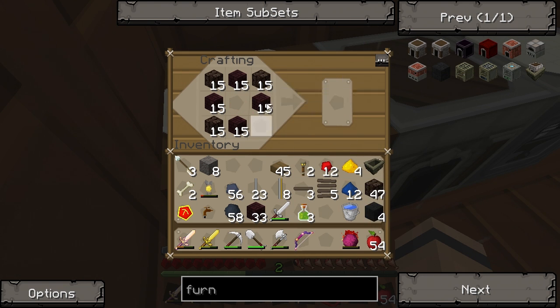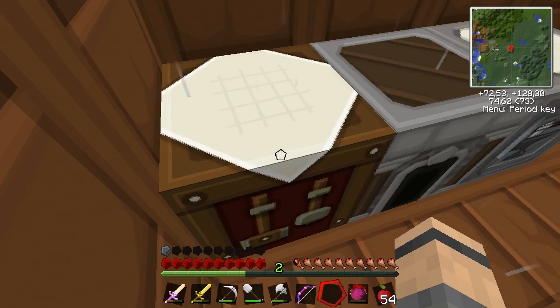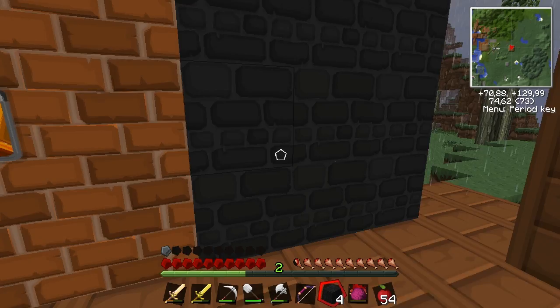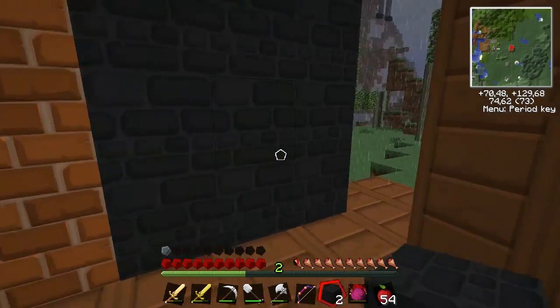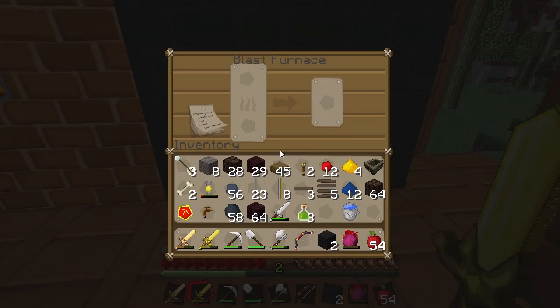There we go. Blast furnace brick. Now we have enough. Finally. Not that we actually need that much, it's just... There we go. Alright, so how do we do that? Well, I believe you put...